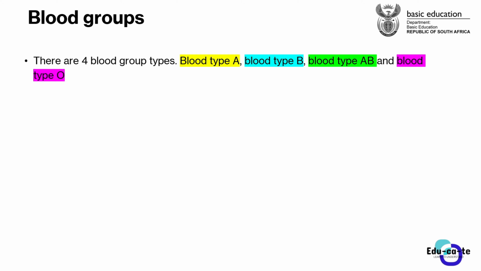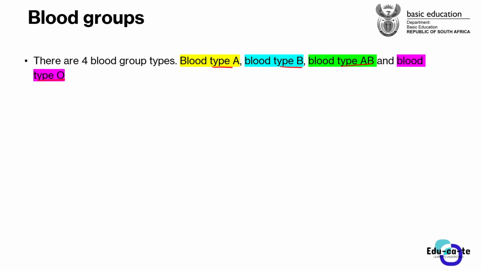So we have got four main blood group types. We have got blood group type A, blood type B, blood type AB, as well as blood type O. It can be blood group or blood type, it is still implying the same thing. These are the four main blood group types that we all have. Even if we can be trillions of people in the world, all of us has to have at least one of these four main blood group types.